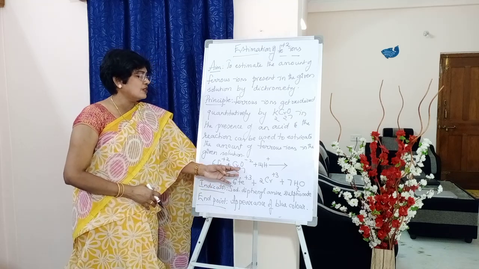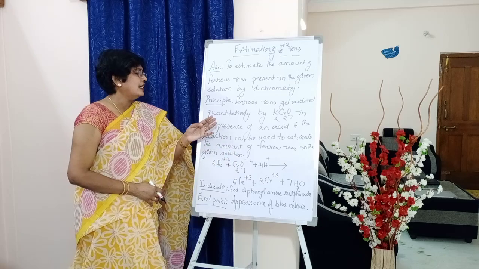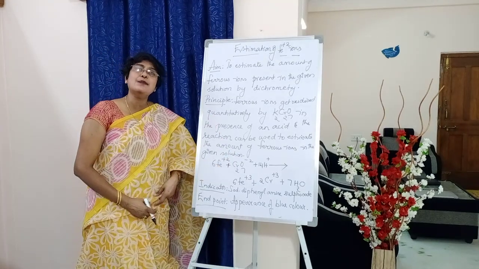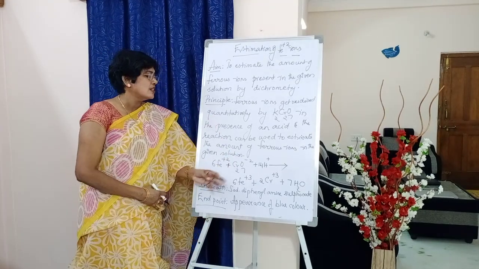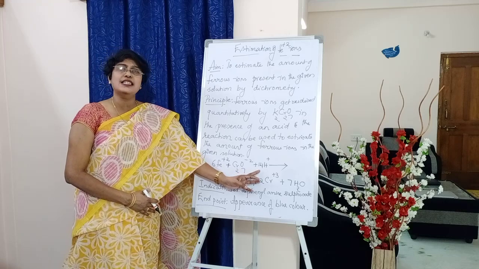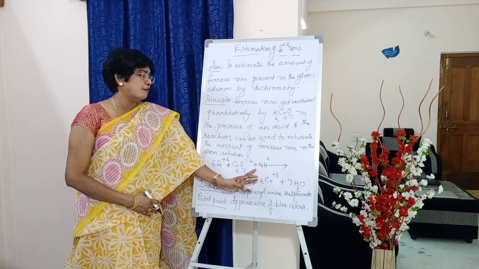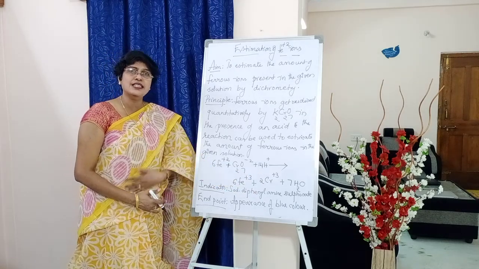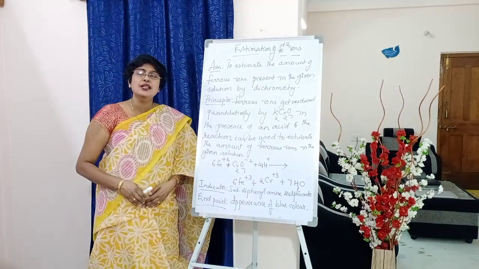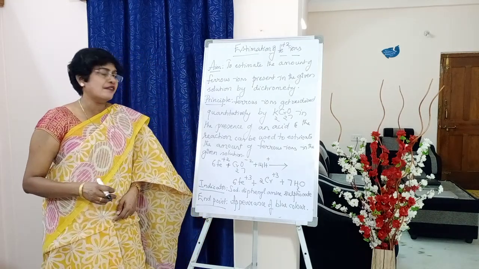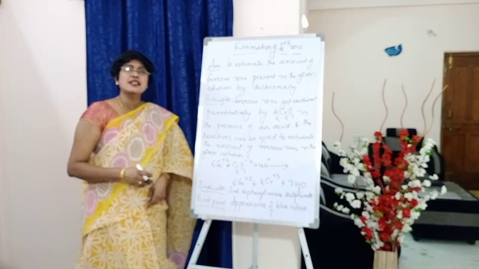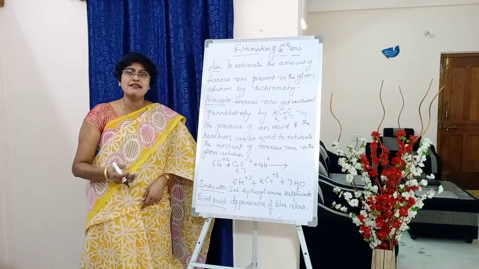This reaction is taking place in the presence of an acid, so that acid we are writing as H+. So 14H+, students. Once again, 6Fe+2 plus Cr2O7 2- plus 14H+ gives